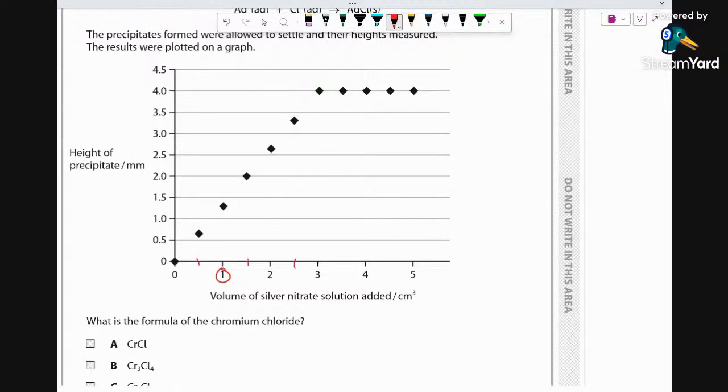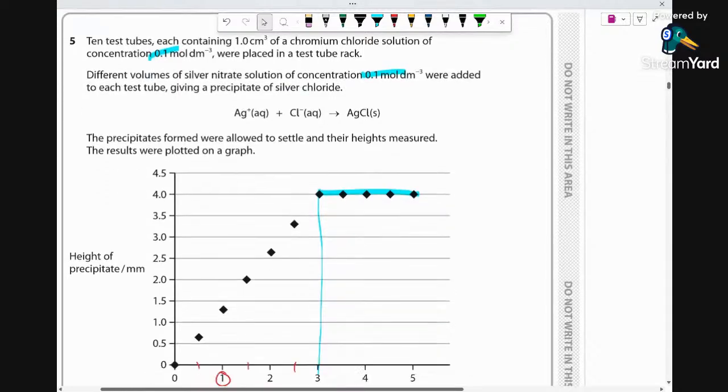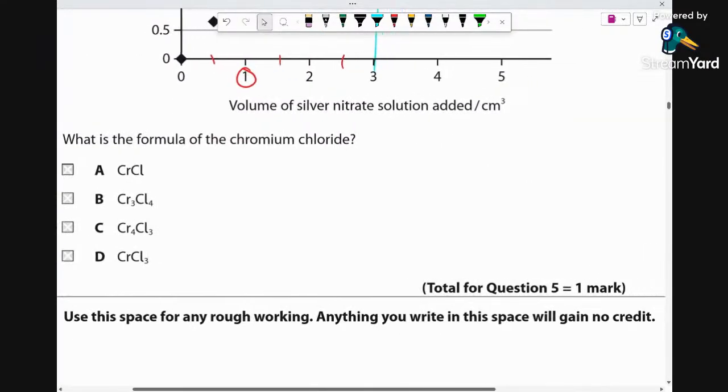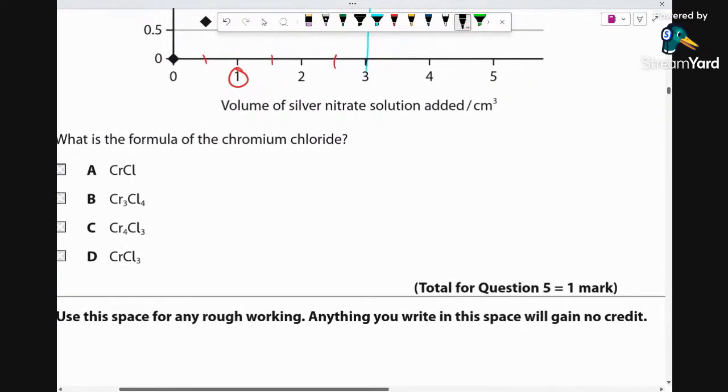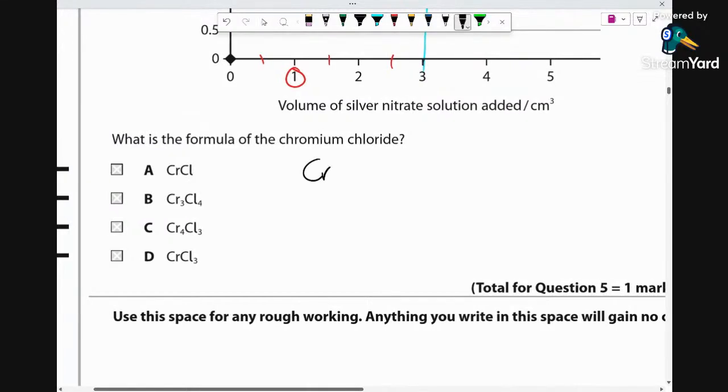It's kind of nice to see that. But the precipitate has leveled off. It's nice for me just to draw the line. It has leveled off at 3. That means that at this point, we know that chromium chloride, they're going to ask us for the formula, aren't they? Okay, so just to explain what's going on, the chromium chloride,